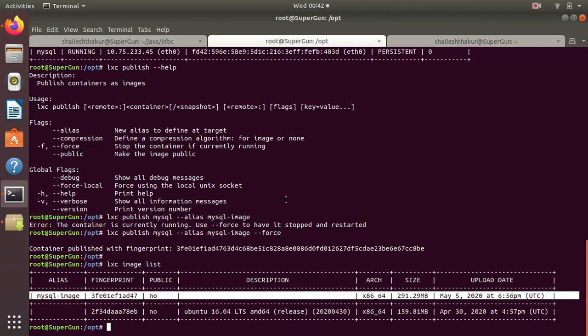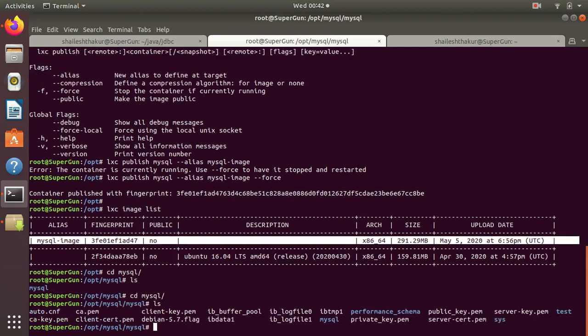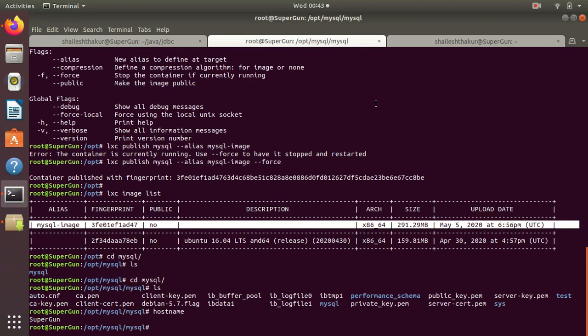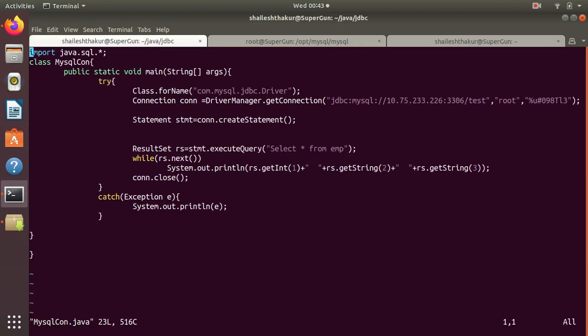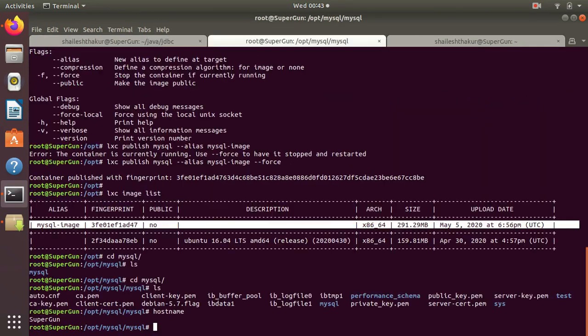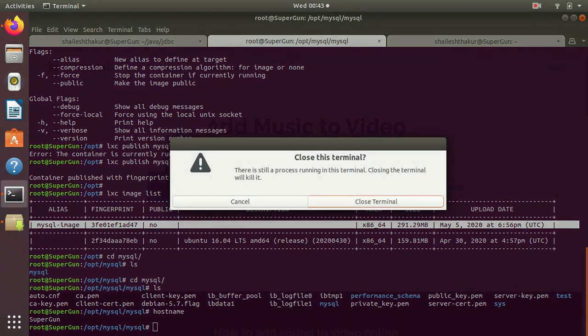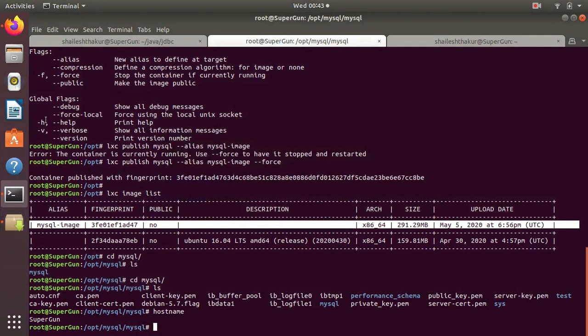In my next part I'll be talking about how we can create multiple containers out of this image and reuse it, and how I delete my existing container and spawn up a new container without affecting the data. So your data is stored in MySQL here, and even if your container gets deleted, your data remains safe, and whenever your new container comes up, it